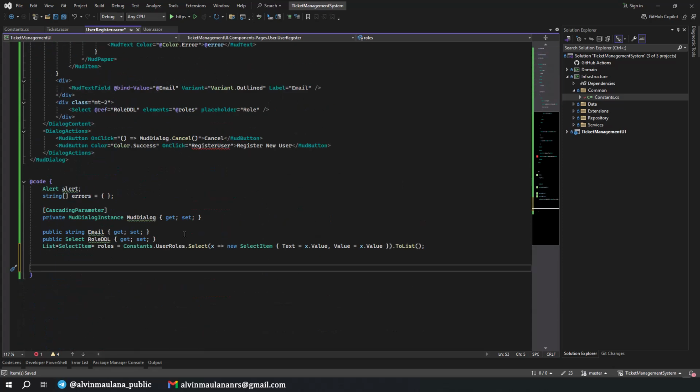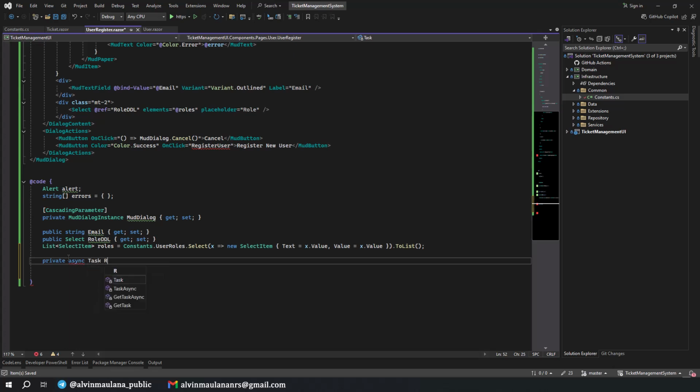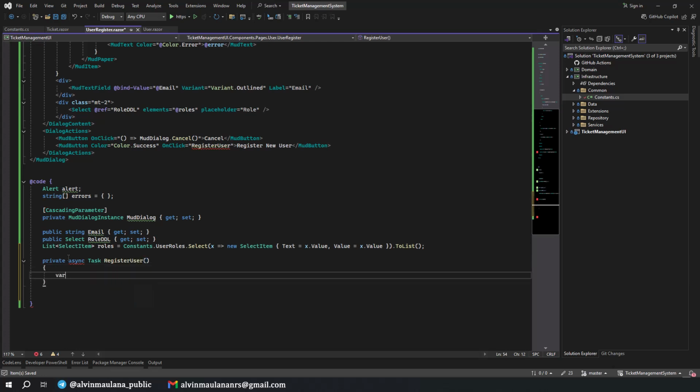Now we need a function to register the user here. Private asynchronous task RegisterUser. For the request, we need a new register user request.